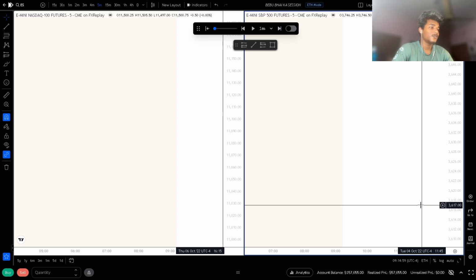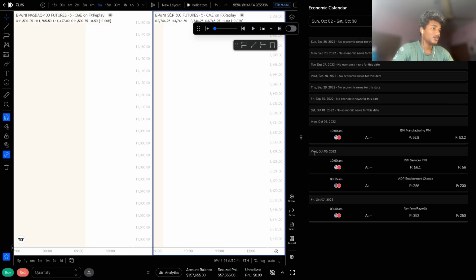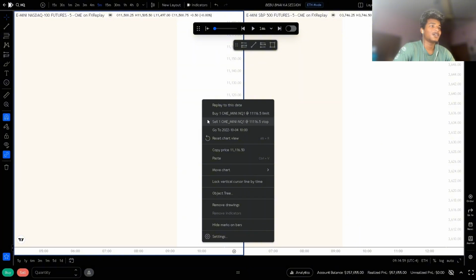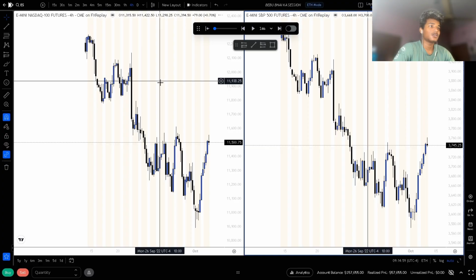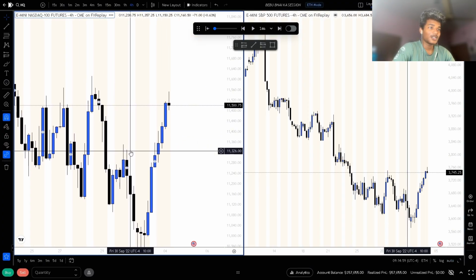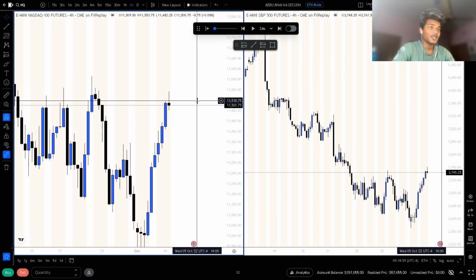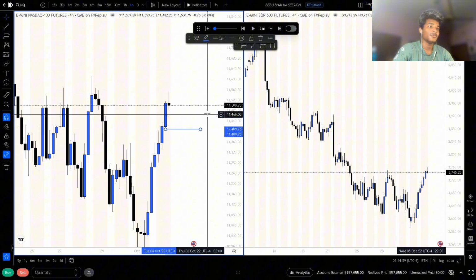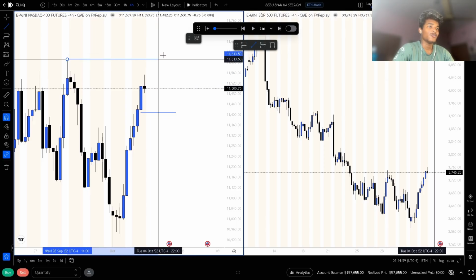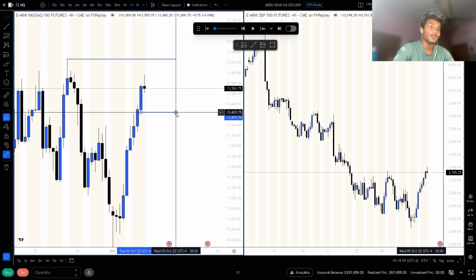So we are here on 4 October 2022 and we have, what the heck? Where is 4 October, bro? Where is 4 October? So I think we have no data for 4 October as well. So in the 4 hour, we can see that the market has shifted bullish and is extremely bullish. I want the market to retrace a bit and then give me shorts to the upside. Sorry, longs to the upside.